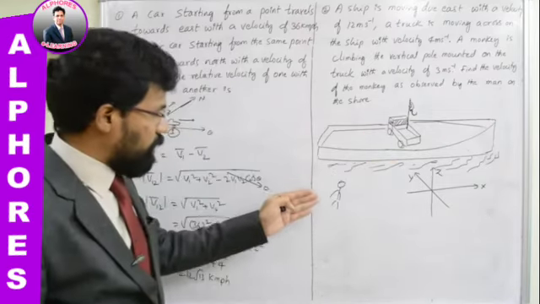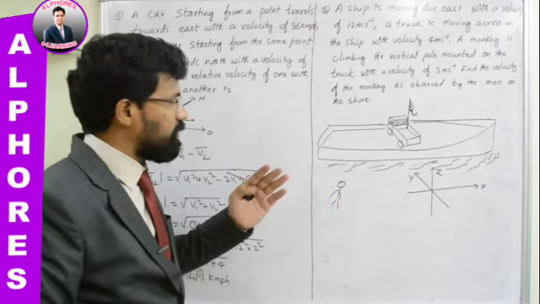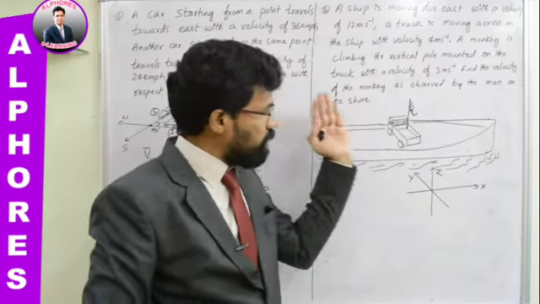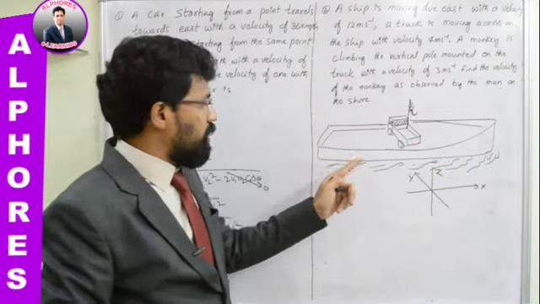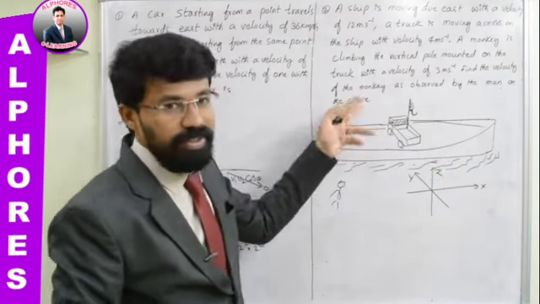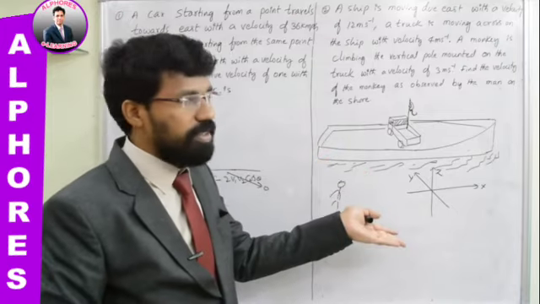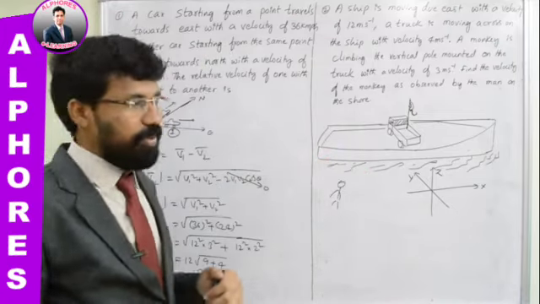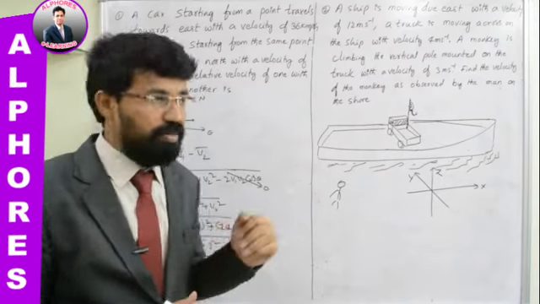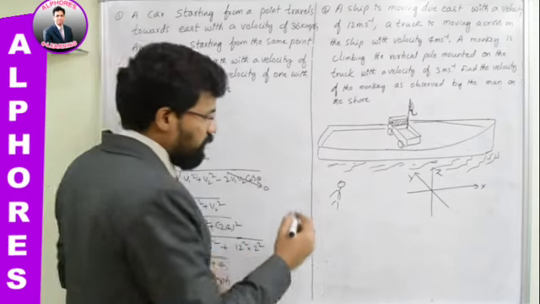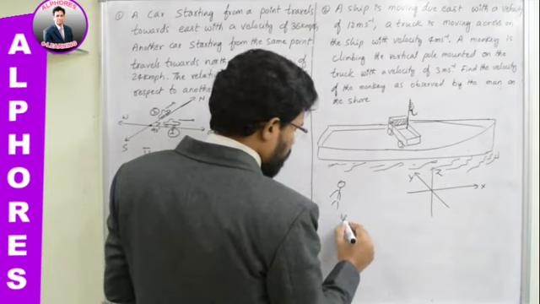So when a man observes the monkey, he sees the monkey moving along the direction of the ship with the velocity of the ship, and he sees the monkey moving along the direction of the truck with the velocity of the truck, and he also finds the velocity of the monkey in the upward direction. So in three different components of velocities we'll be able to observe when we observe the monkey from the shore. So let us try to write it in the form of an equation. Velocity of monkey with